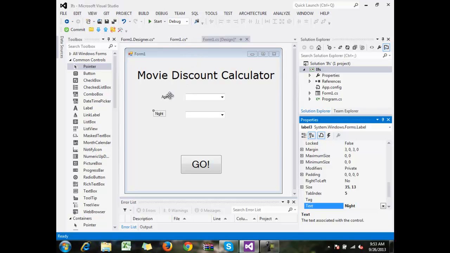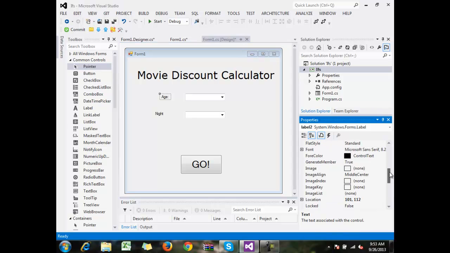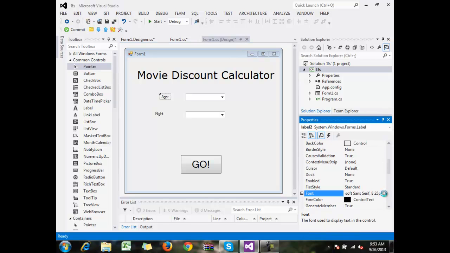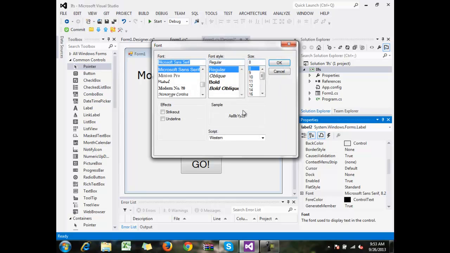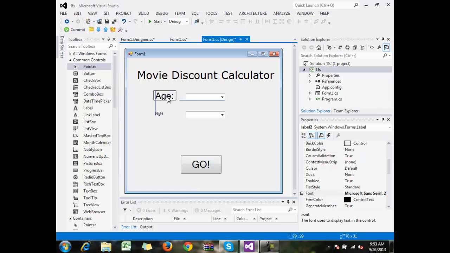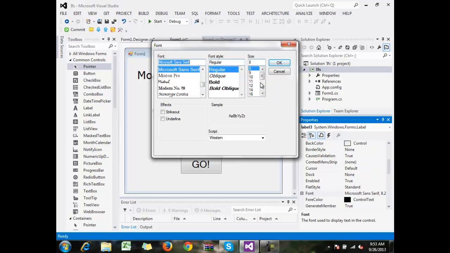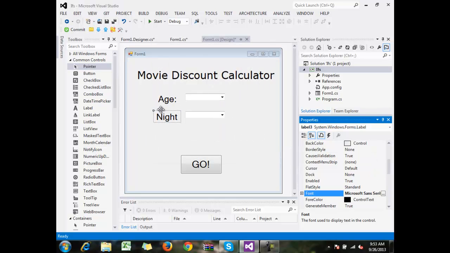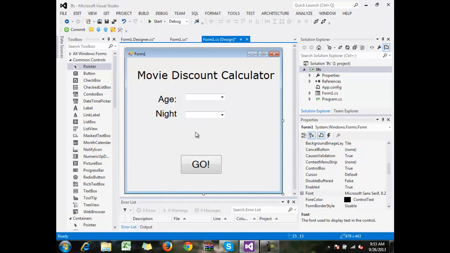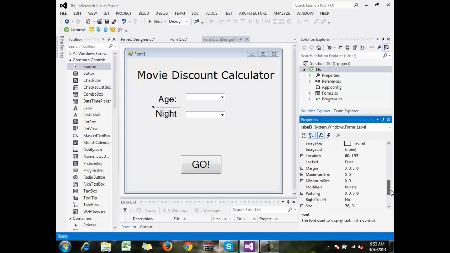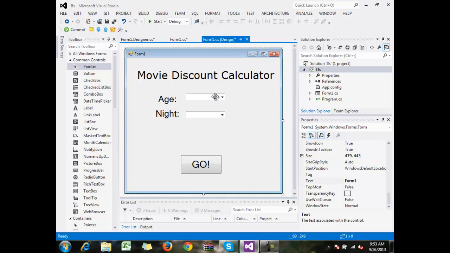So does everyone have something that looks like this? Let's make the labels a little bigger. We'll change the font size. We'll make that 20. Same with this one. Okay, so now let's put in a colon in there as well. Okay, so now what we want to do is add a few things to this